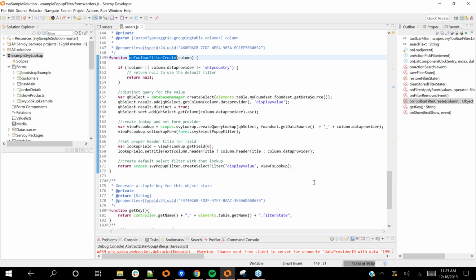So in this case, what I've done is I'm checking to see if the data provider is ship country. And if it is, then I proceed. Otherwise, I return null, which lets it go to the default action. And then what I'm doing is I'm creating a custom query that's doing a select distinct on that data source and returning that list that way. And then finally, at the end, what I'm doing is I'm